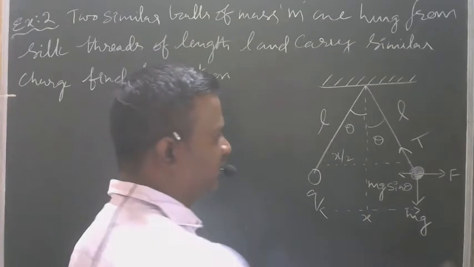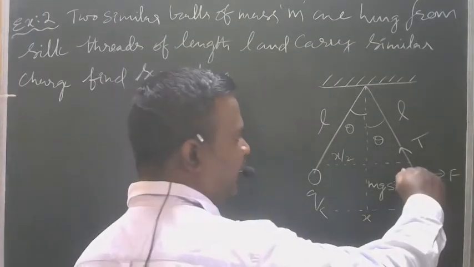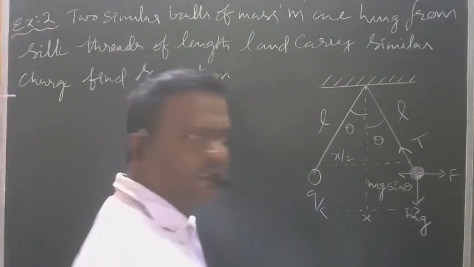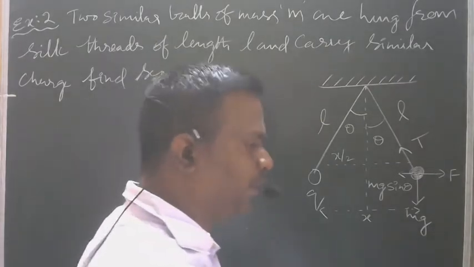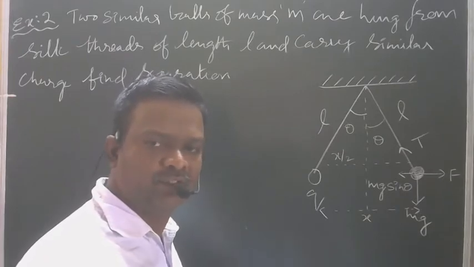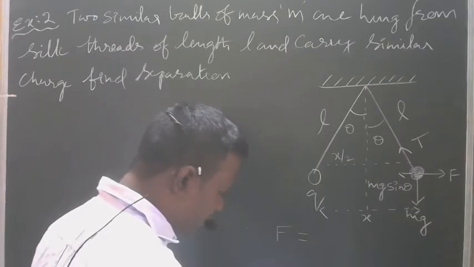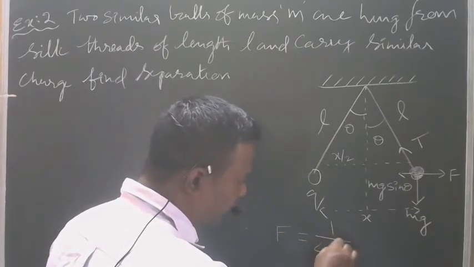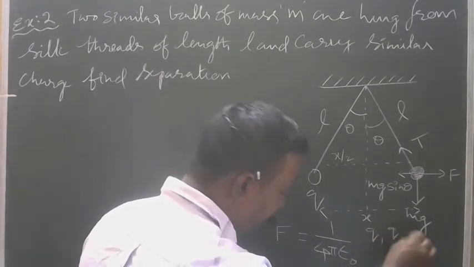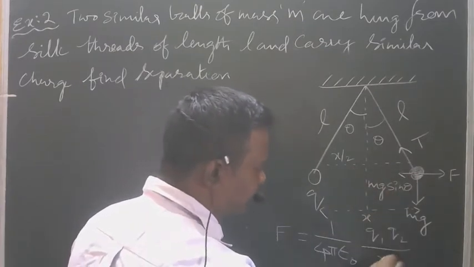Okay, so next, one more force is acting, the same forces, meaning a repulsive force, and mg sin theta is acting in this one. Therefore, here we should consider one thing, that is the force of attraction between the two charges. What is the equation for the force of attraction of two charges? That is F is equal to 1 by 4 pi epsilon naught Q1 Q2 by R square. Here R square, I am considering as x square.